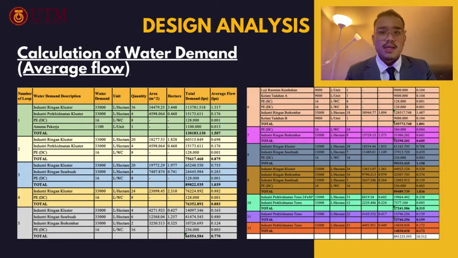Here is the calculation for water demand, to be specific the average flow. I will take one example from loop 1, which is the industrial ringan cluster. The water demand is 33,000 that I get from SPAN, Suruhanjaya Perkhidmatan Air Negara, and the unit is liter per hectare, and the quantity is 36, which means the quantity in the loop 1 industrial ringan cluster is 36 units, and the total area is